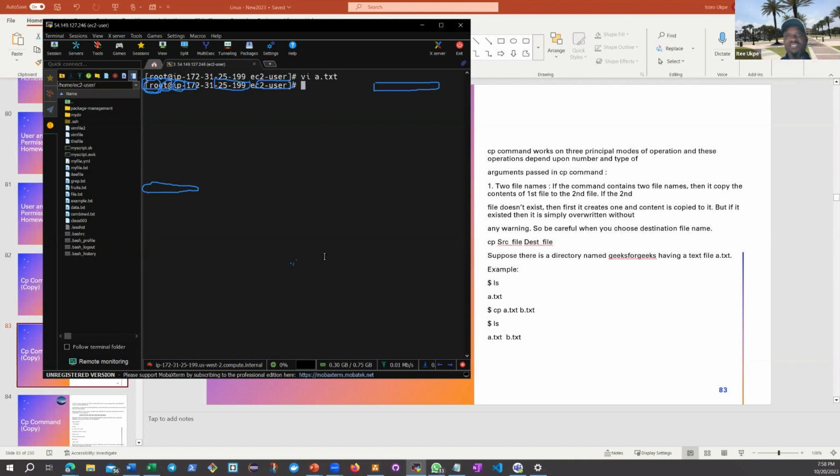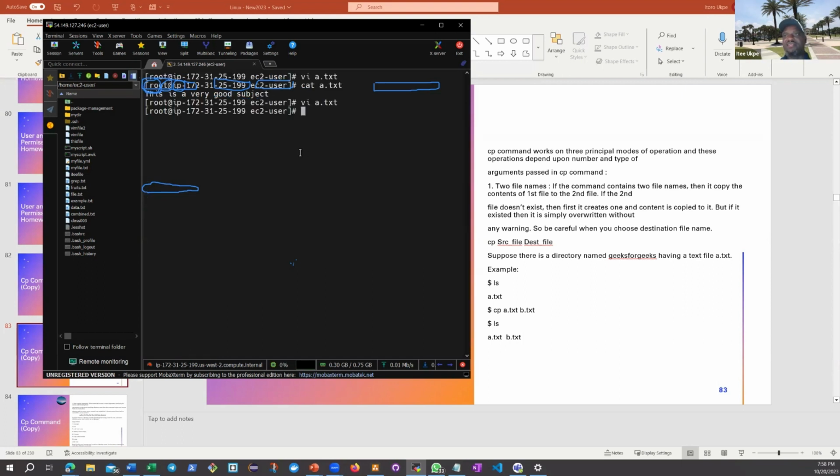If I want to actually see the content of this file, I can do a cat command to see the contents of this file. I can do cat a.txt, right? Now I see the content of this file is, this is a very good subject. That's what I put in that file and saved. Or you can open this file again to see what the content is. If I do a vi command, you'll see the content is there, okay? All right, so now I can